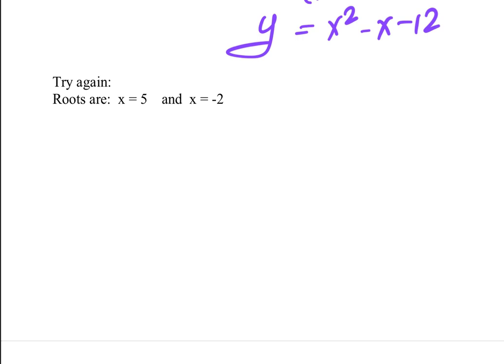So we're just going to run through a few examples of this. If our roots are x equals 5 and x equals -2, what we do here is,